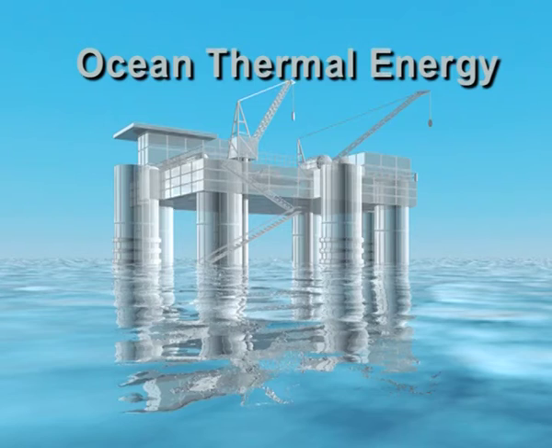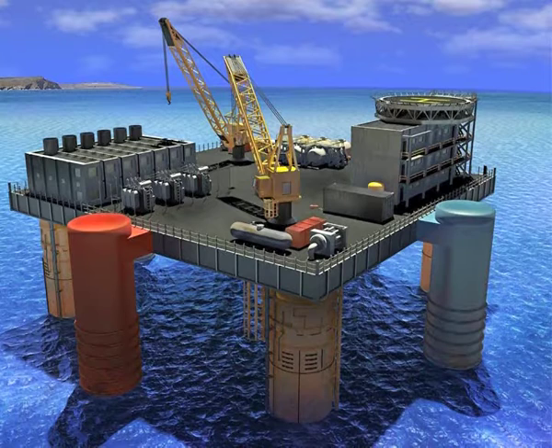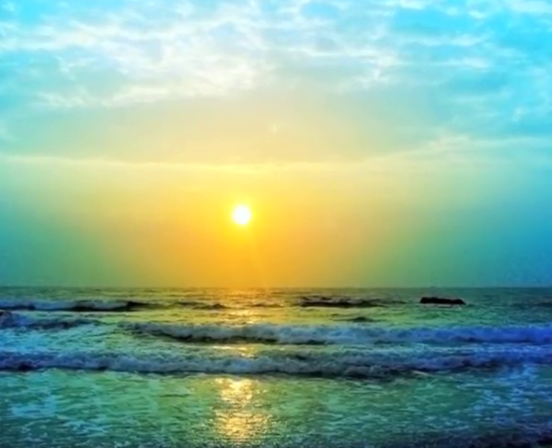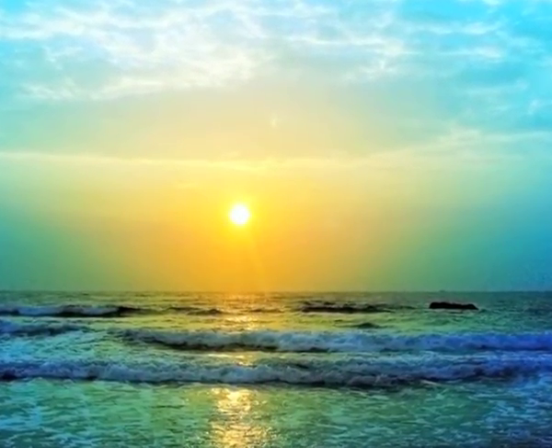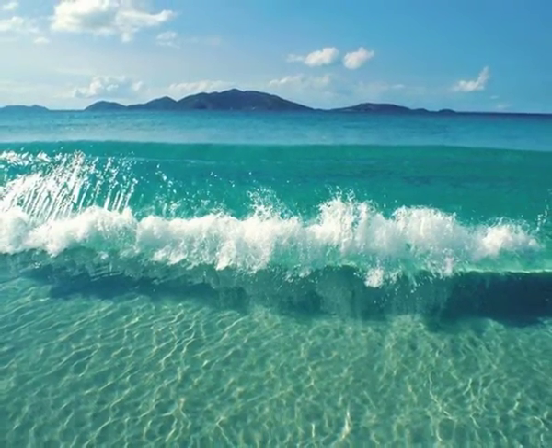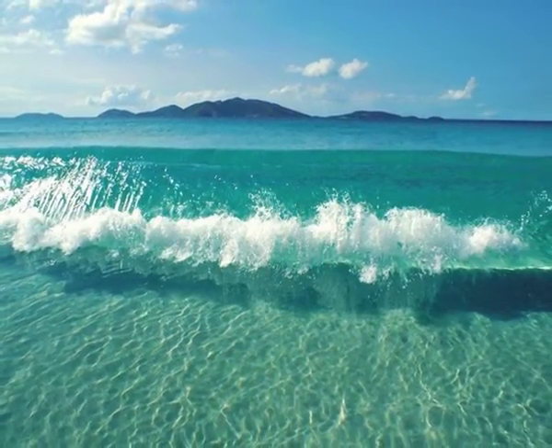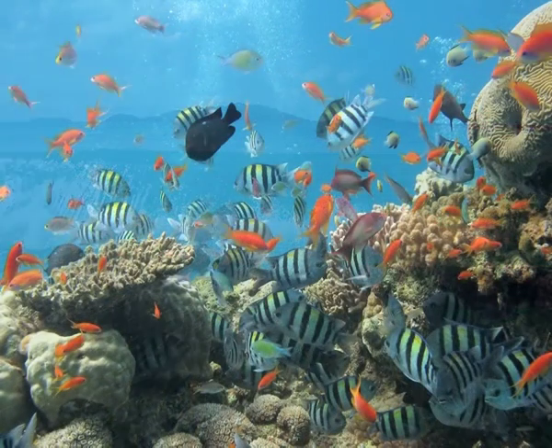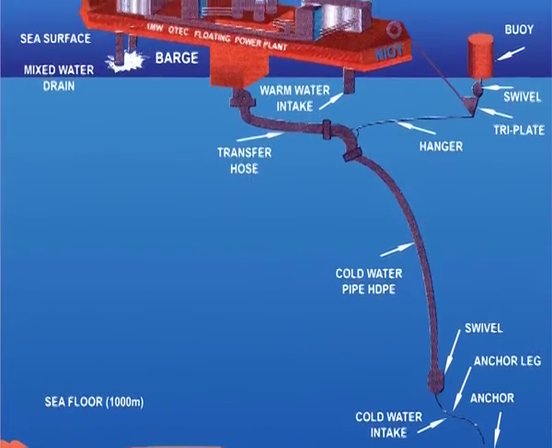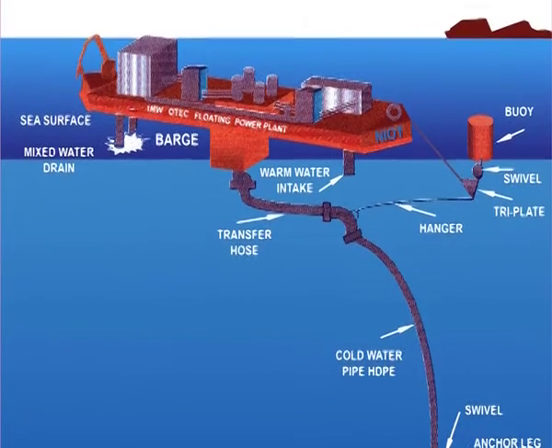This water is used in heat pumps that can cool and heat homes, buildings, and even provide hot water for the same. Then the next type of energy source is the ocean thermal energy. When you hear the word ocean thermal, it is something related to ocean, isn't it? The oceans collect and store huge quantities of solar radiation in the form of heat. And most of the heat is generally stored on the surface of the seawater, while the temperature of the deep water is generally very low. And the temperature difference of the both is converted into electricity.